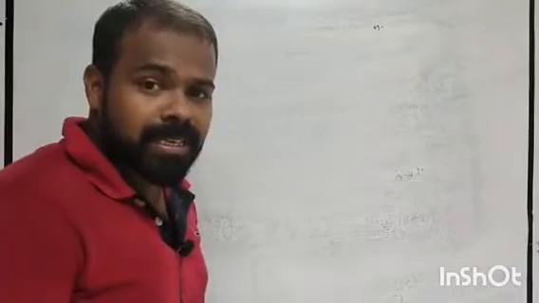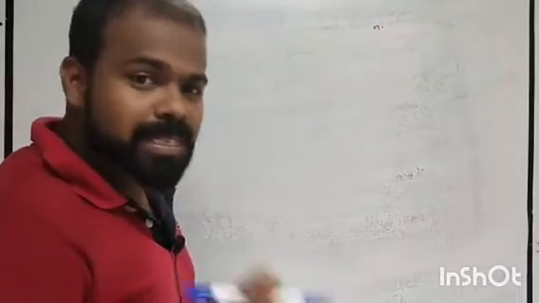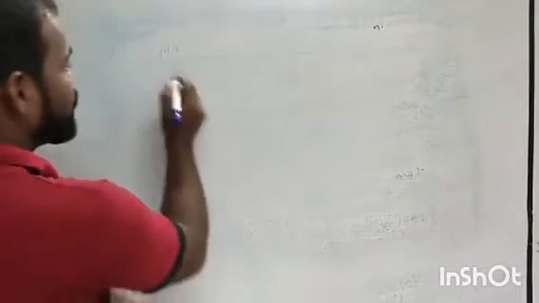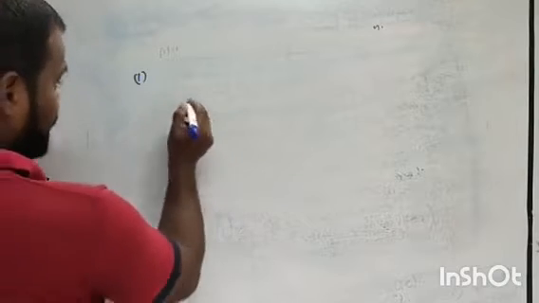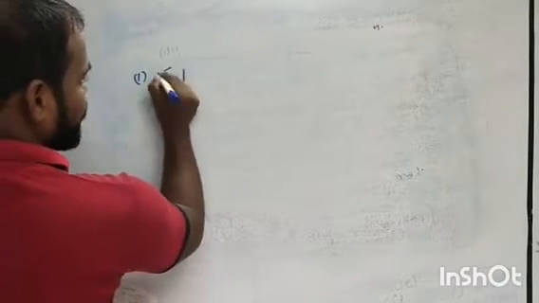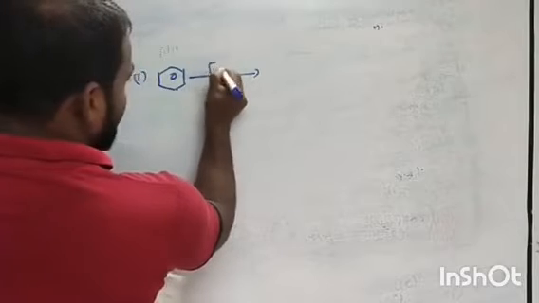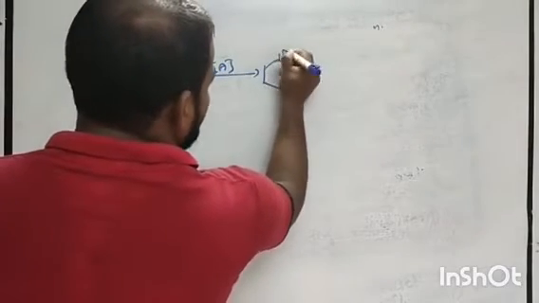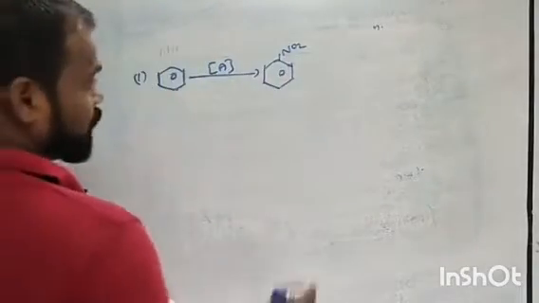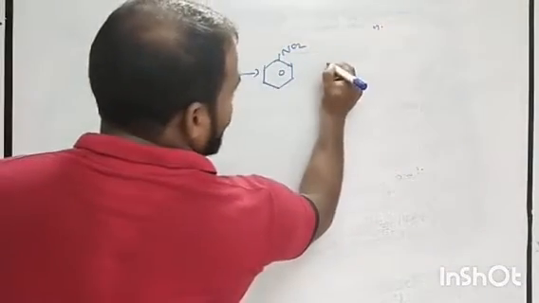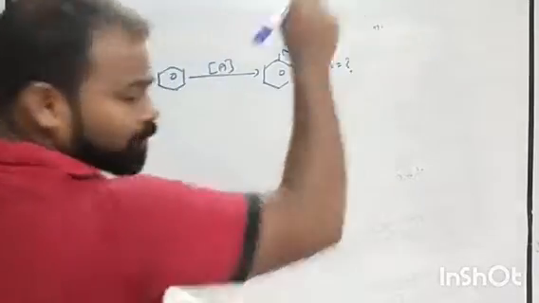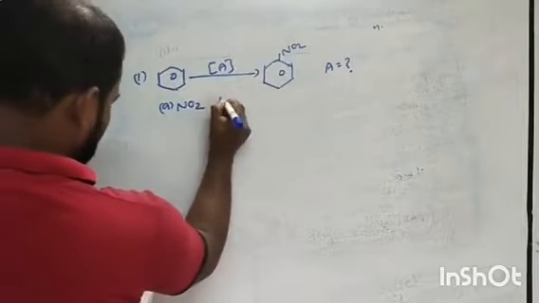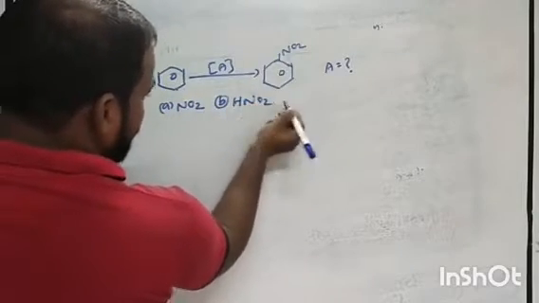I am going to discuss some of the important questions, simple ones related to the nucleophilic substitution process. Listen here. First one: a benzene ring, and here they have given A. The product produced here will be nitrobenzene, NO2. Question: what is A? Options: number 1, NO2; second one, HNO2;